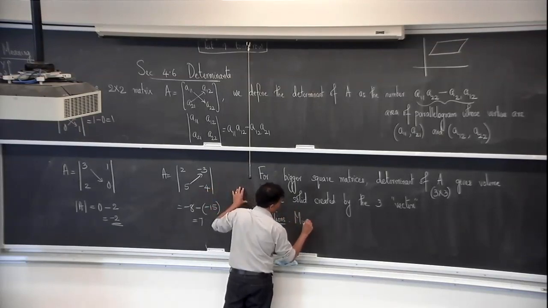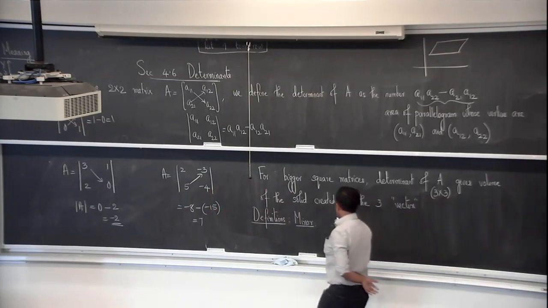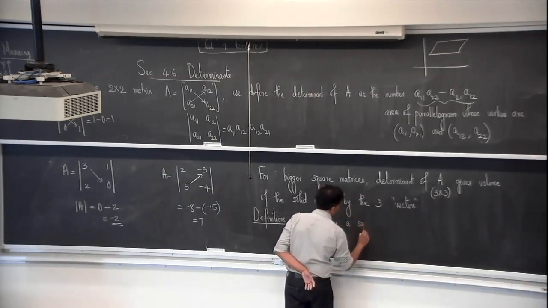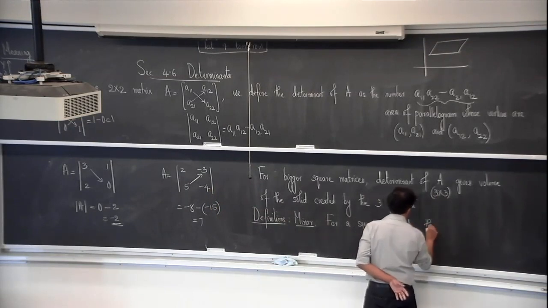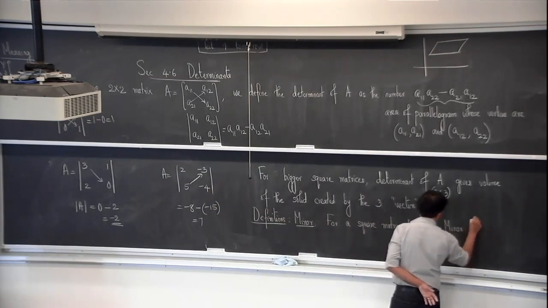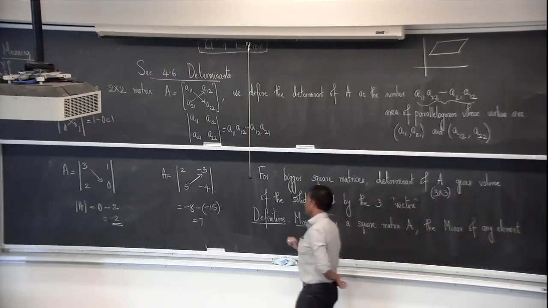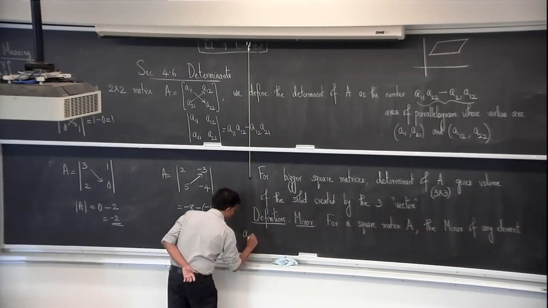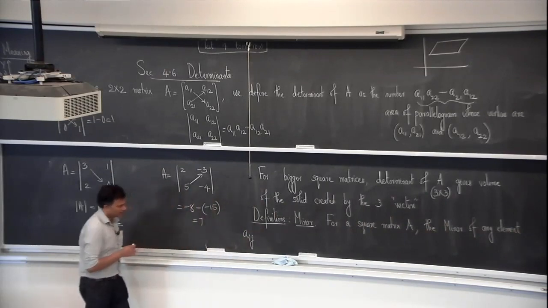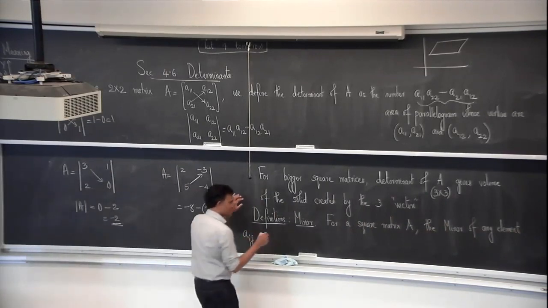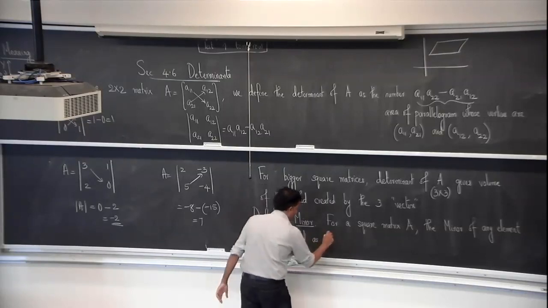One is a minor. So for a square matrix A, the minor of any element little aij, so that is a generic element in the ith row, jth column. Okay, so any element in that square matrix A, the minor is defined as mij